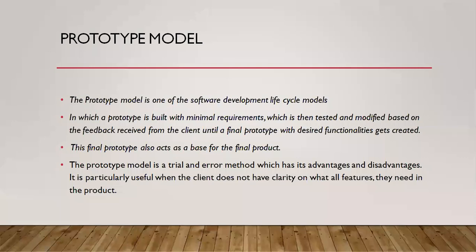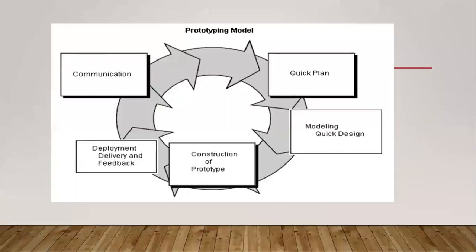And if we see the diagram of the prototype model, this is one of the representations or diagrams. If you see this diagram, there are 5 activities we are going to develop. These are the 5 framework activities: communication, plan, modeling and construction of prototype, and deployment, delivery of a prototype. These 5 activities are executed in which manner? Ring manner, or ring process flow. I mean one process flow.